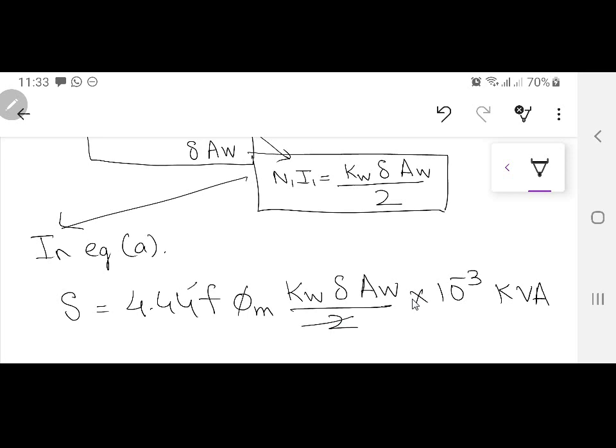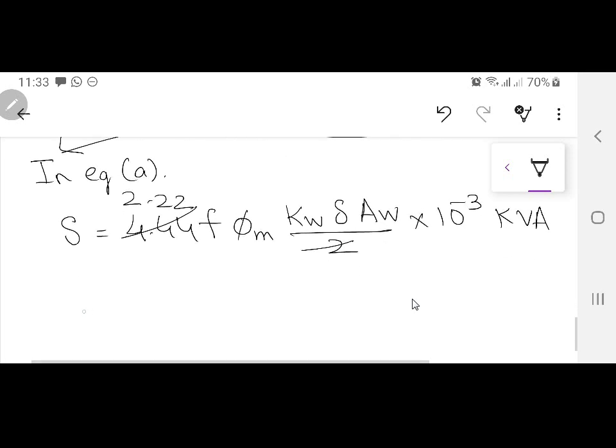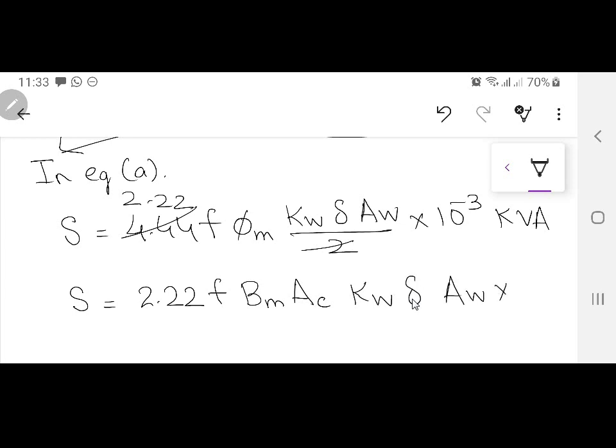This gives 2.22. So now what is S? S is equal to 2.22 F. Now I can open this phi m also. This is equal to BM into AC, AC is the core area, and then I have KW delta AW into 10 raised to power minus 3 kVA. This equation